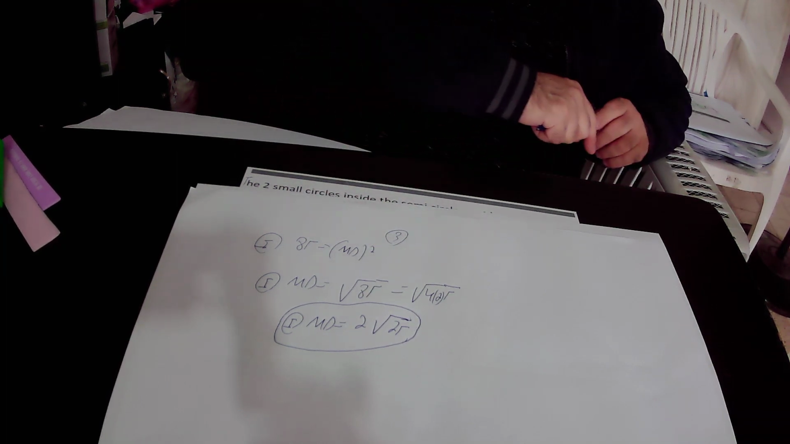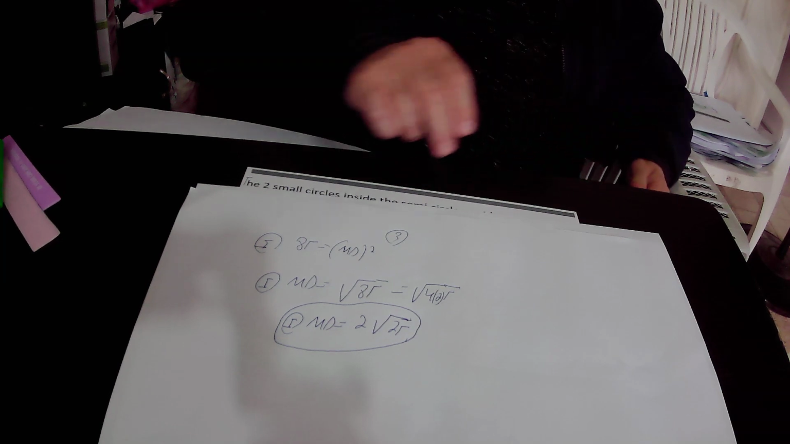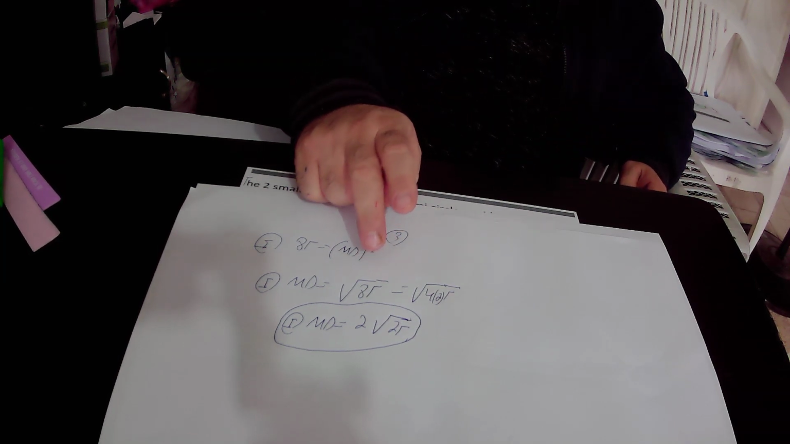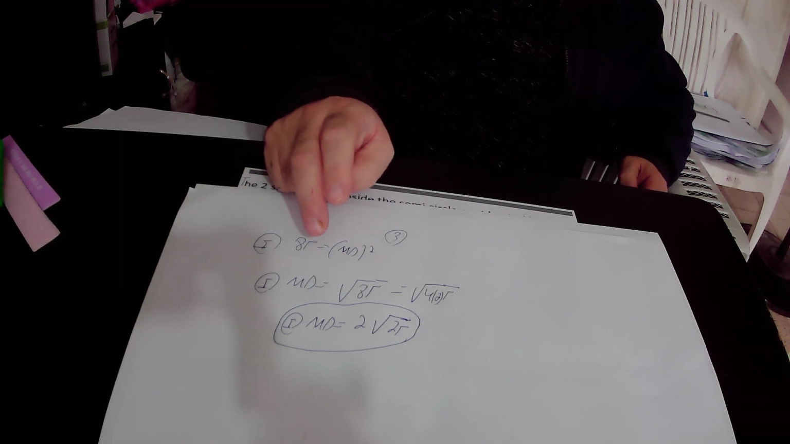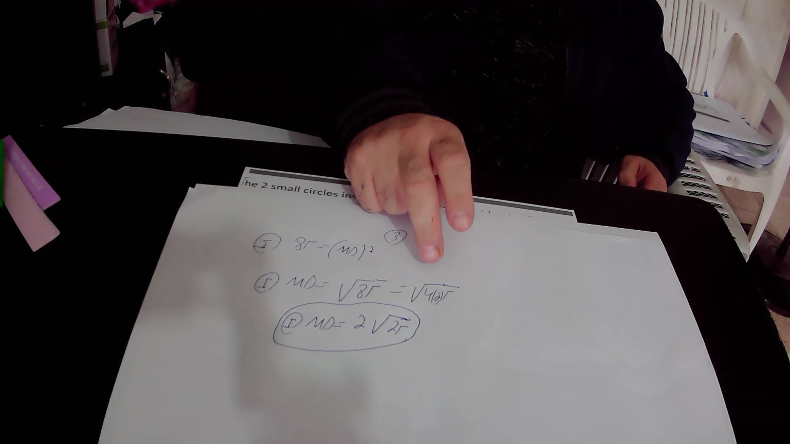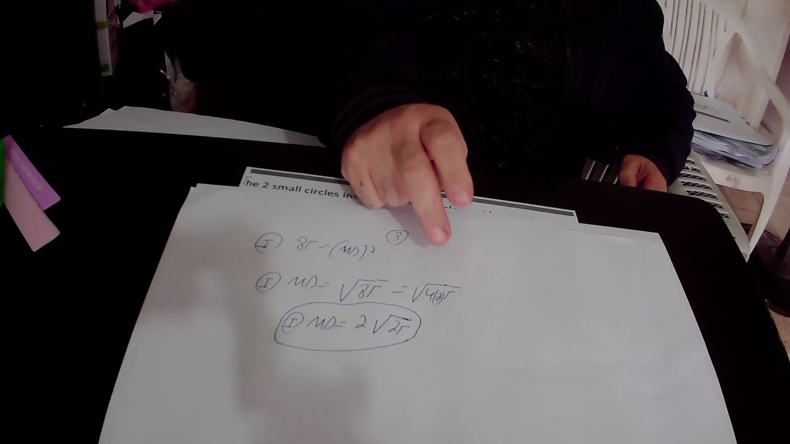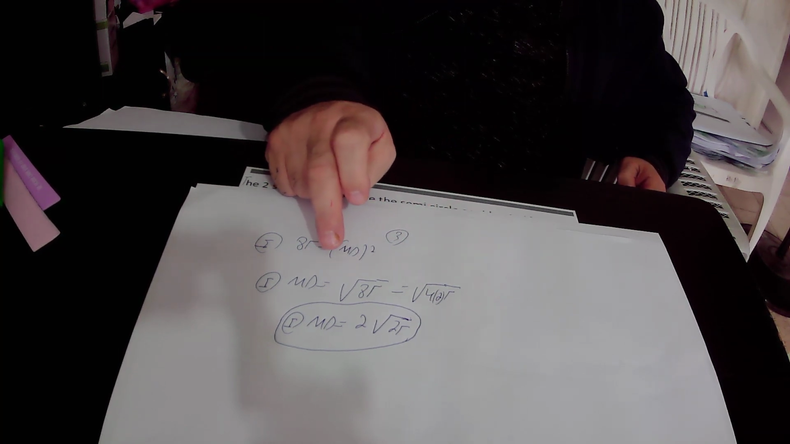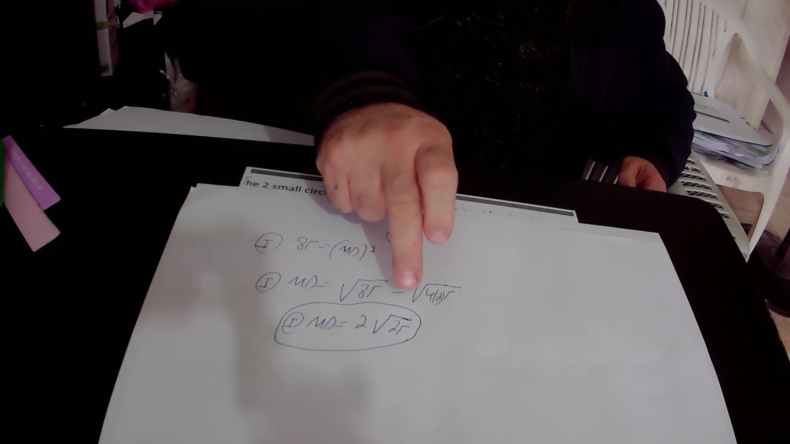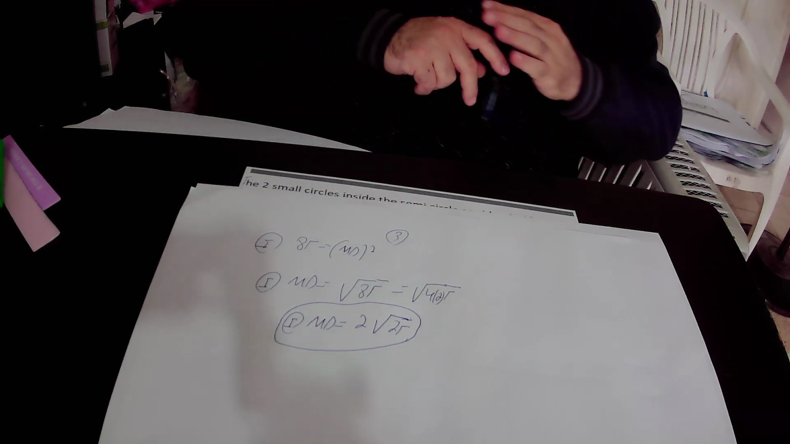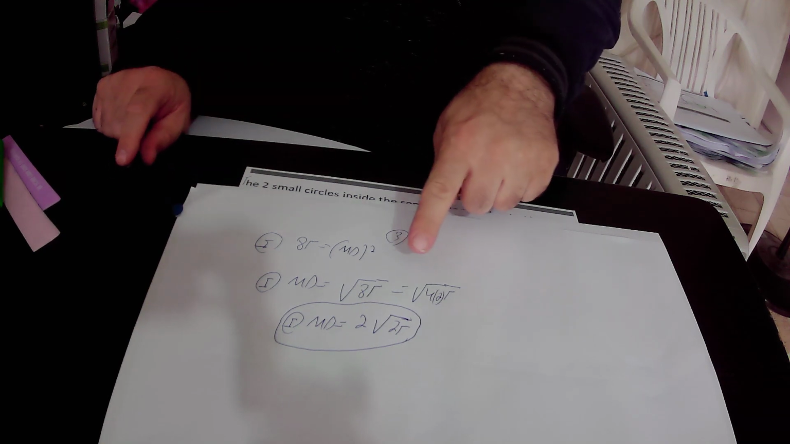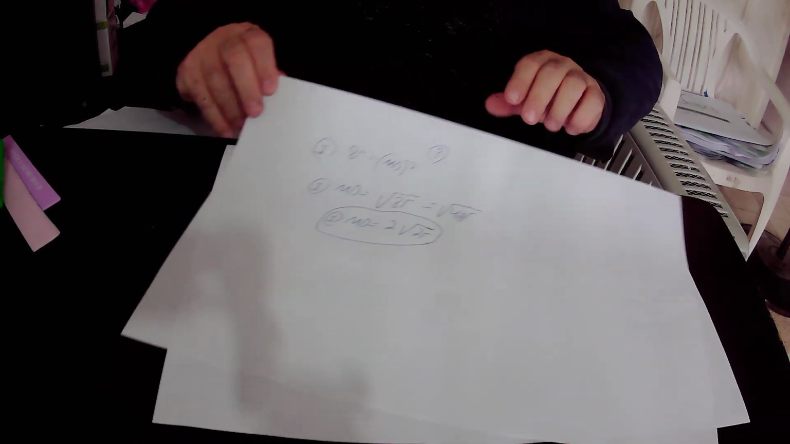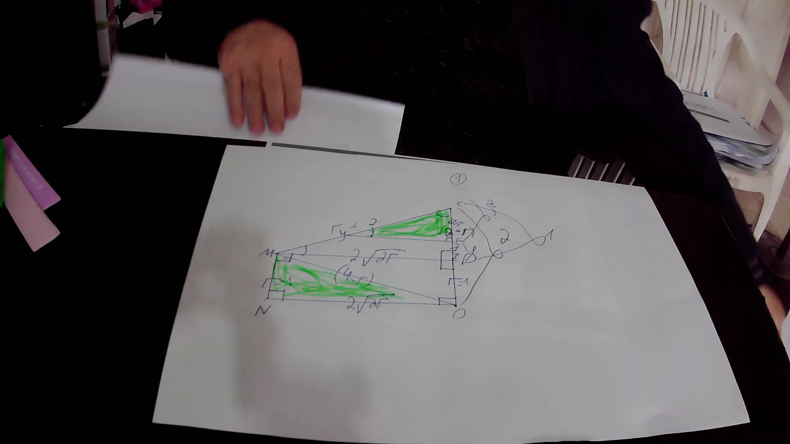MD equals the square root of 8R, but we know that 8 equals 4 times 2. So we substituted 8 by 4 times 2, and we get that MD equals the square root of 4 times 2R, and the square root of 4 is 2. So in total we get that MD equals 2 times the square root of 2R. Okay, then in the next step